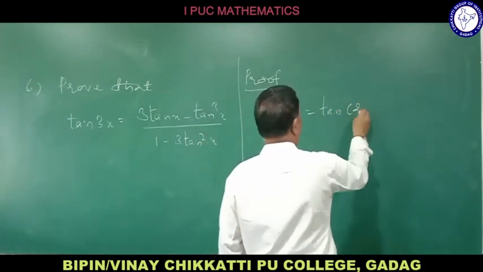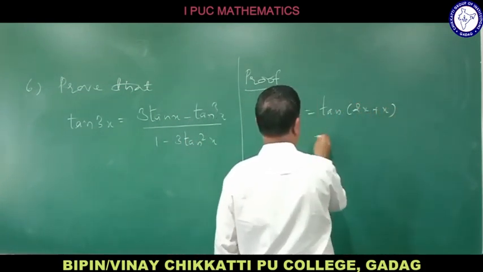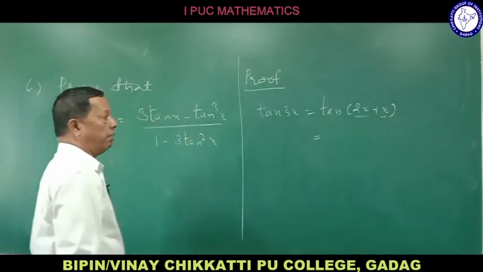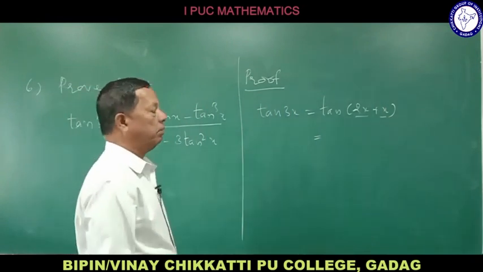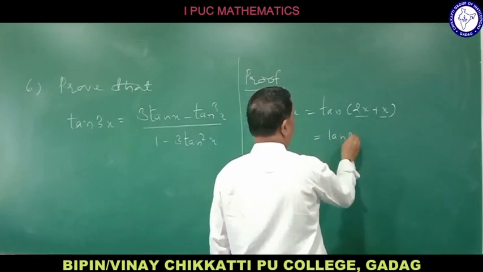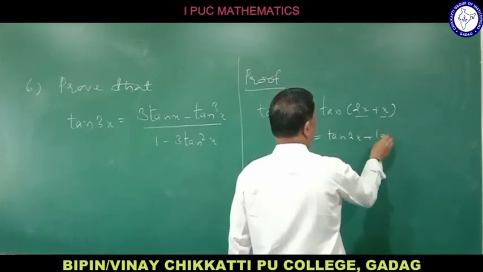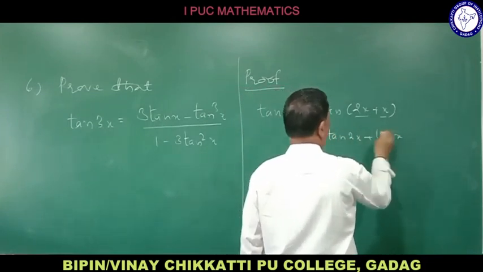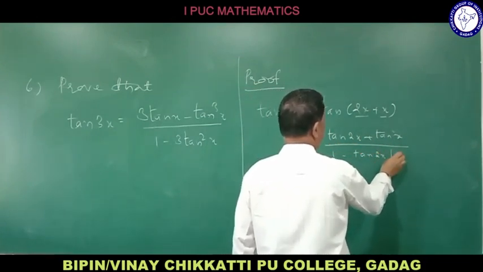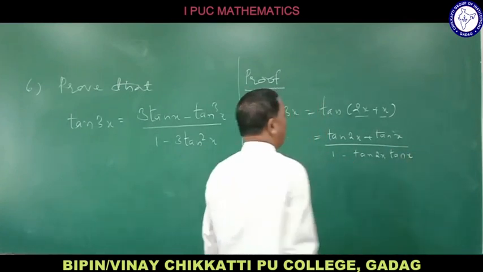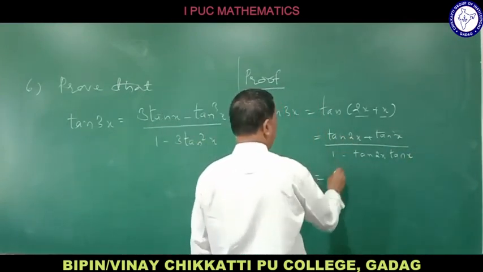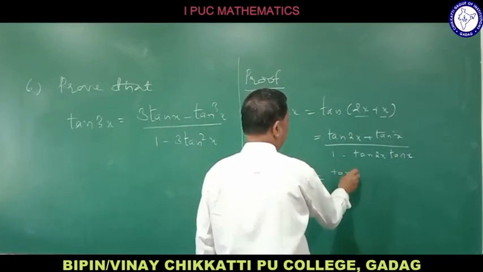of 2x plus x. So the tan of x plus y formula can be used. Tan of x plus y is tan x plus tan y divided by 1 minus tan x tan y, where y means x here. So once again you have to use this tan x plus